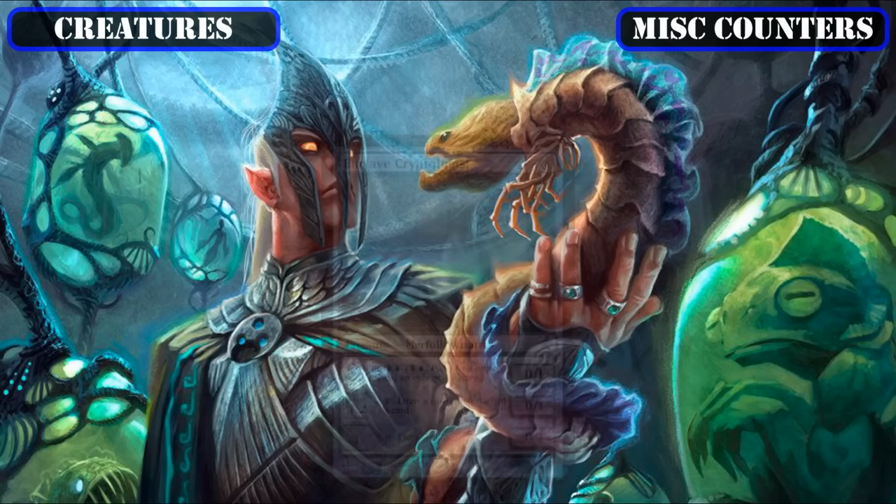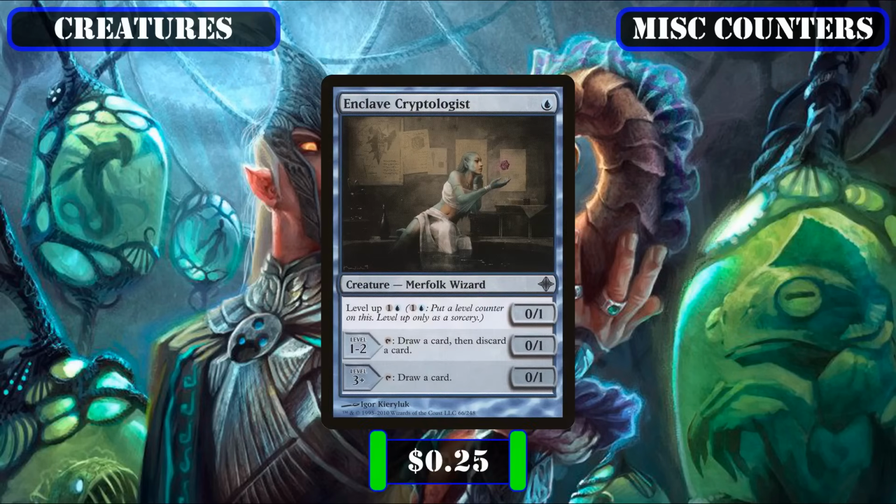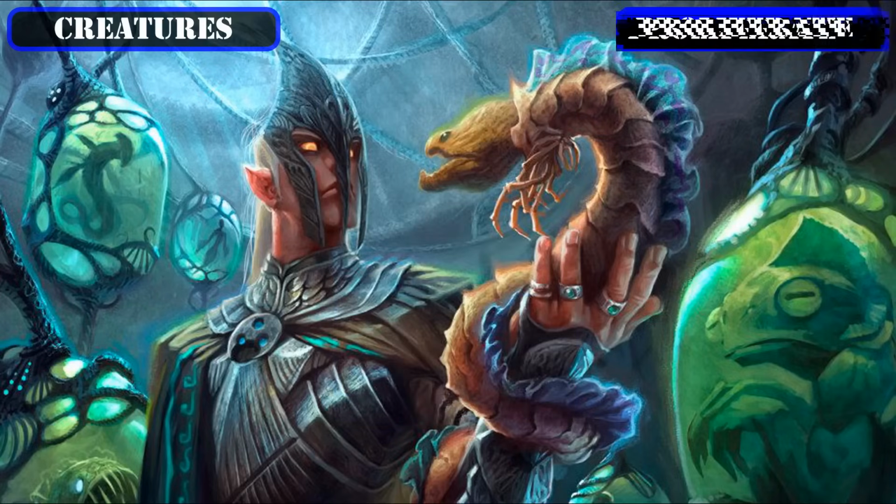And lastly, Enclave Cryptologist, which can load itself up with level counters to turn itself into a source of repeatable card selection, and eventually, straight up card advantage as we pump mana into it or multiply its counters through other ways. And speaking of multiplying counters, we'll also be running various sources of proliferation in this build to get even more counters on our creatures and other permanents after they gain their initial ones to make them even bigger and/or to empower their effects,